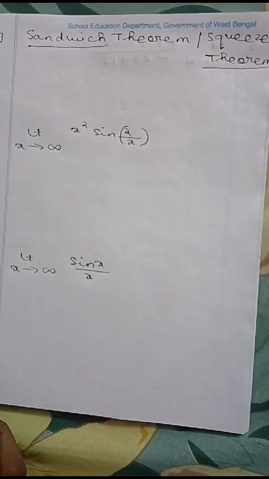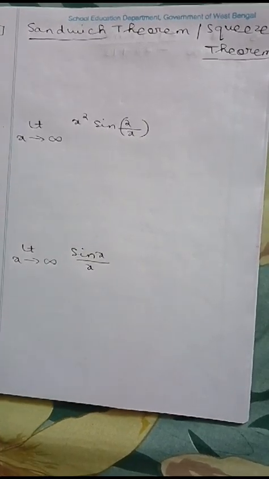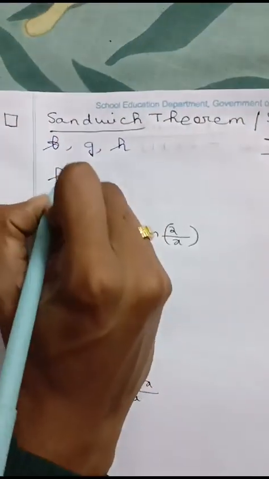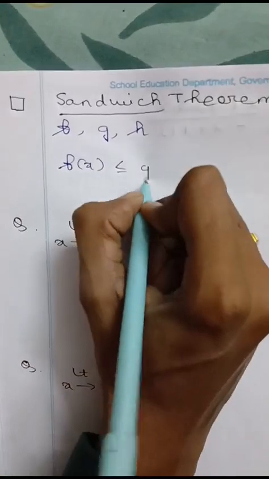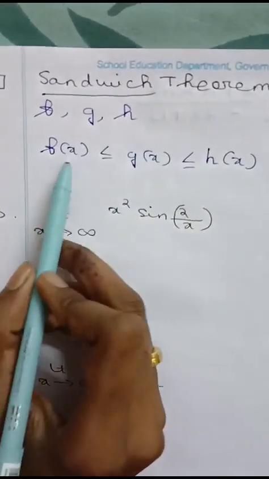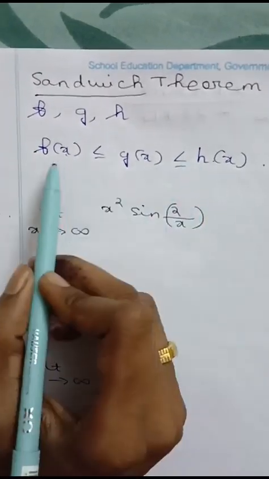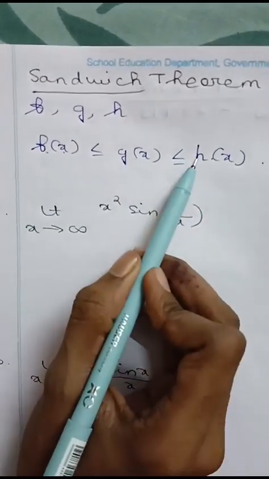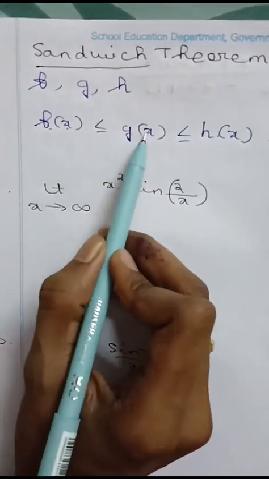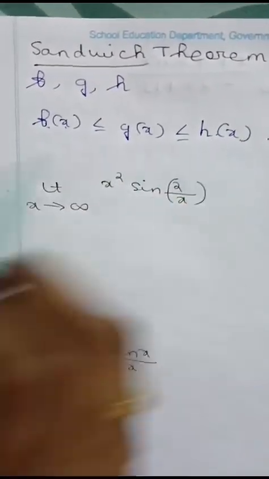So what does the sandwich theorem or squeeze theorem imply? If you have three functions f, g and h, such that f of x is less than or equal to g of x, which is less than or equal to h of x, for all x in the common domain of definition of these three functions, if this condition holds,